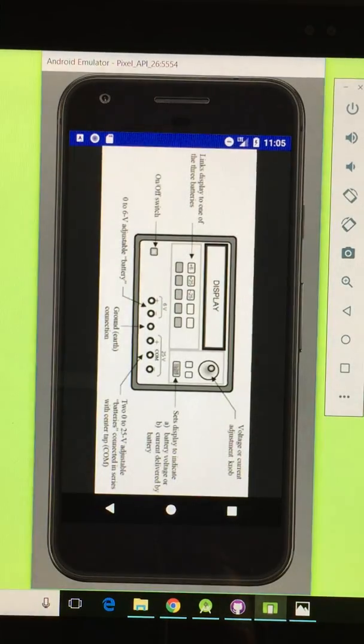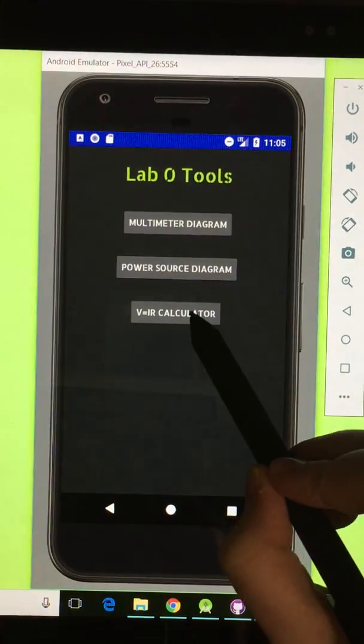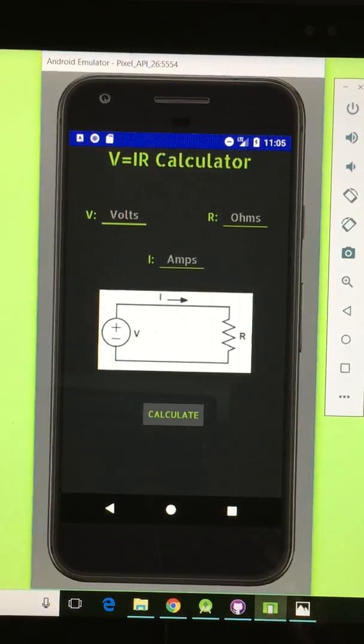We also have a similar power source diagram and our first calculator, which is the V equals IR calculator. Here, the user inputs 2 out of the 3 values and the third value is calculated. Each of our calculators also has error warnings, so it prevents you from putting in too much information, as in